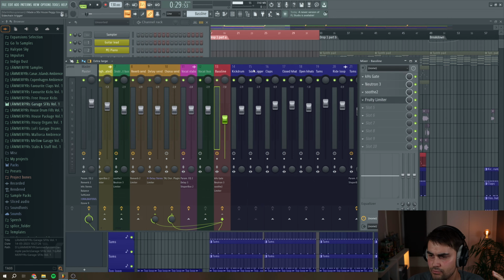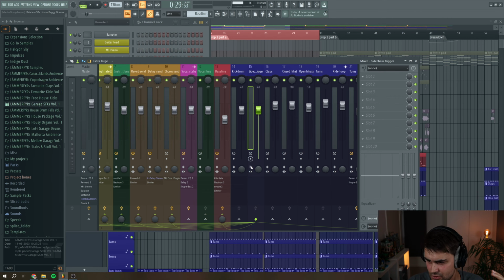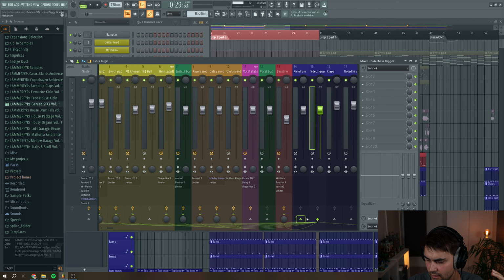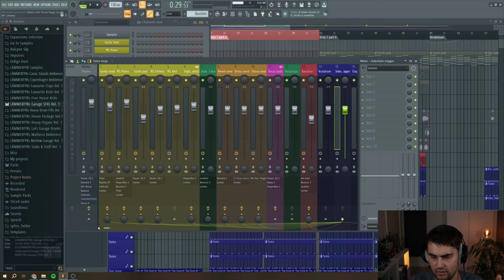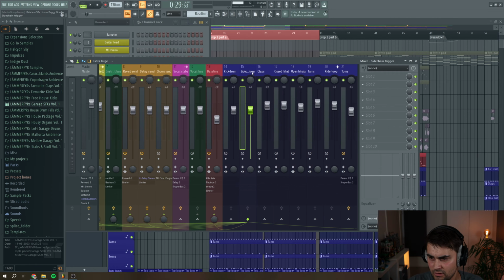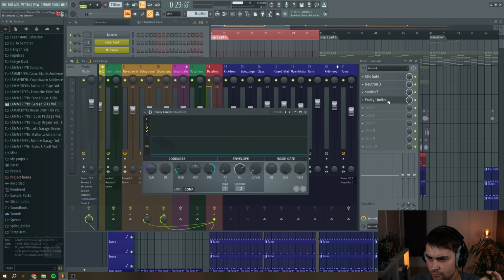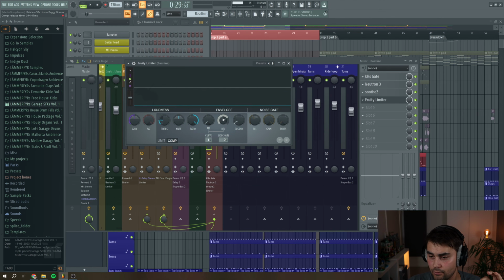And then I have routed, you can see this sidechain trigger down here in the mixer is being sent to a lot of channels. And all of these channels that the sidechain trigger is being sent to are where I want to apply some sidechaining. The reason why I'm using this and not the kick drum is that because this is a short sound, I can then go into the Fruity Limiter and use the release setting of the envelope to control how deep the ducking is. So if we play,